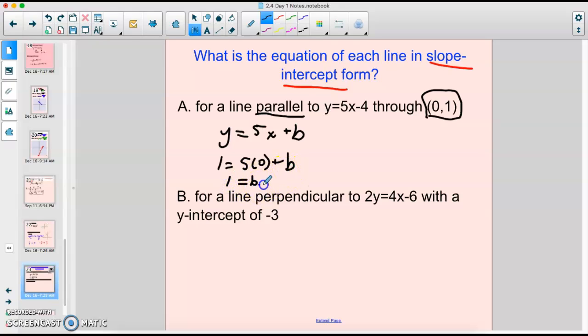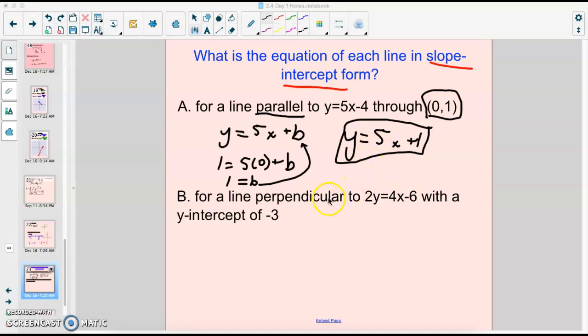Now the last step, we need to plug it back into our original equation. We end up with y equals 5x plus 1. And that's our new equation. Parallel to this line, these are parallel lines, but this one goes through negative 4 and this one goes through 1. They still have the same slope though. Okay, for this one,